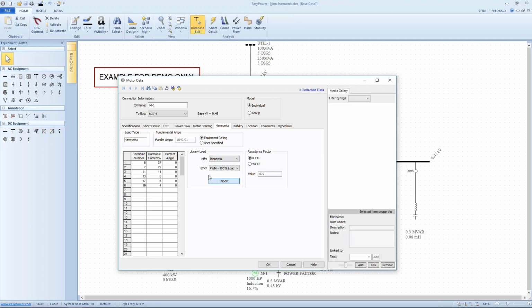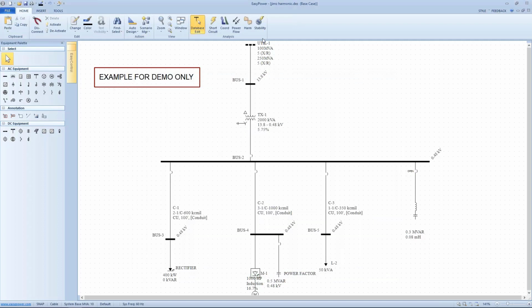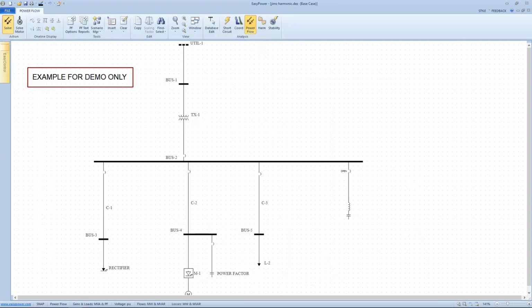And so now, if I had the measurements from the system or the data sheet from the manufacturer, I could input the harmonic generation, or the predicted generation, based upon whatever the current level is that we're running. Failing that, I'm going to go with the typical values that the tool has within it, and we'll import these into our model. So now when I go back to power flow and solve,